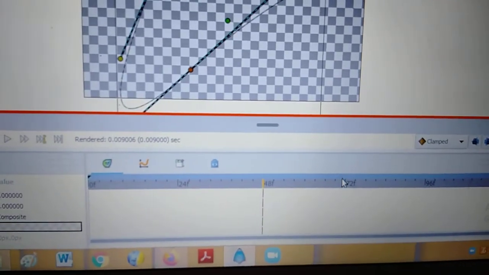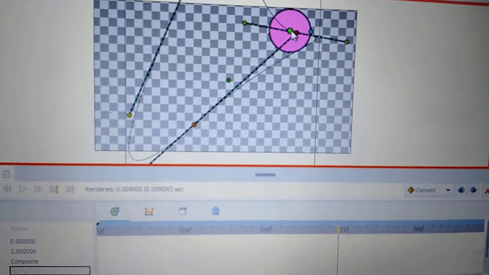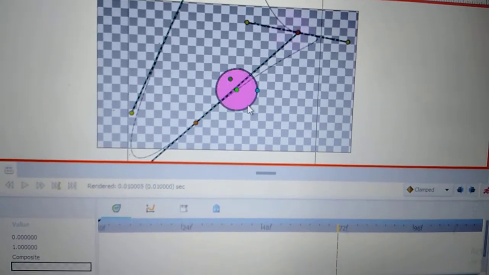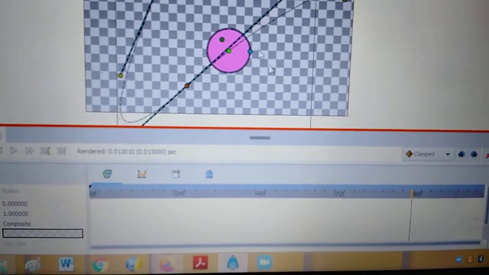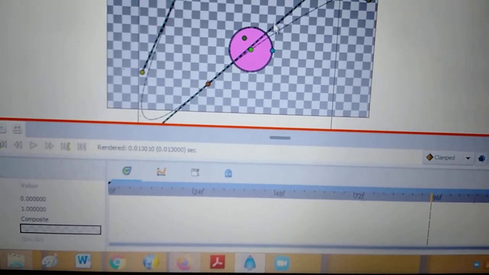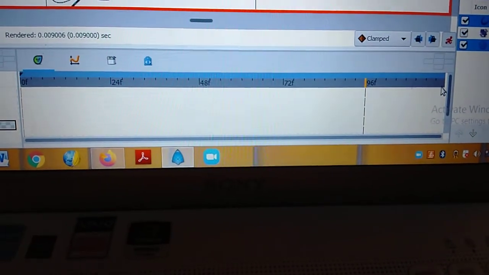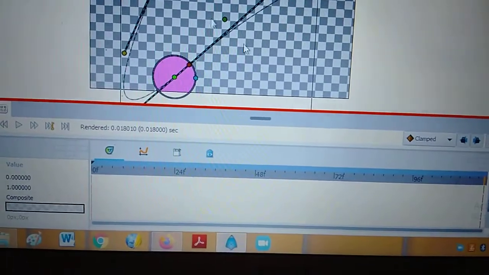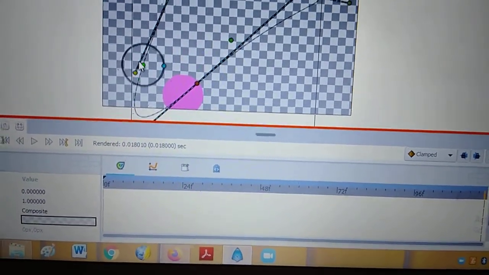Position of my circle at 3s, I want my circle here. Position of my circle at 4s, I want my circle here. And position of my circle at 5s, means the last 5 seconds, I want my circle here.